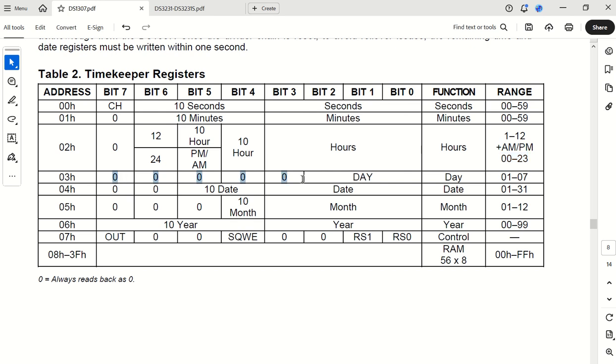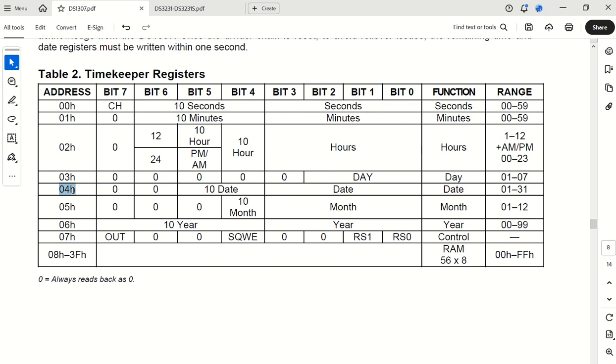We don't really use the day, but it is possible if you've got a use for that, day 0 to day 7. Just keep in mind address 00 keeps the seconds, address 01 keeps the minutes, and address 02 will keep the hours. So I'm going to program in the seconds, the minutes, and the hours. I'm not going to make use of the day. I've got no use at this stage to actually put a day in there. But nothing prevents you from also loading that if you really want to.